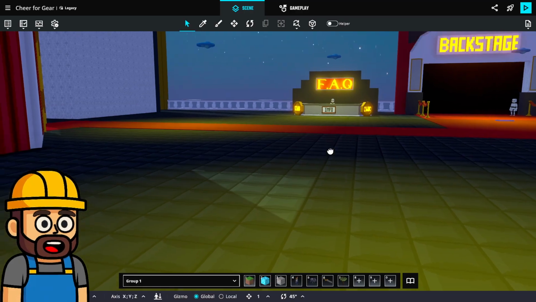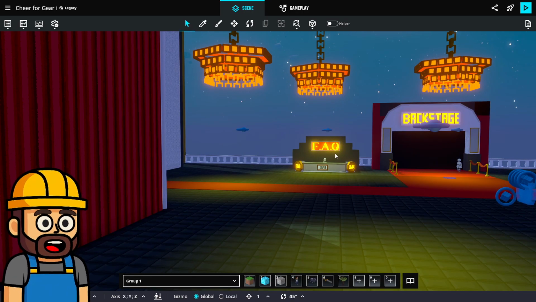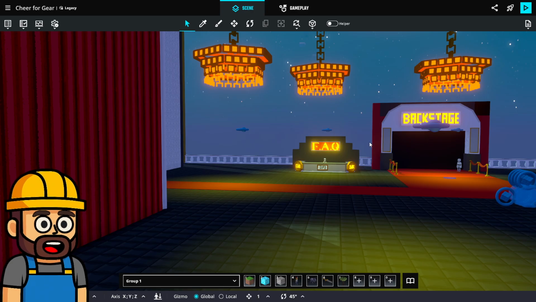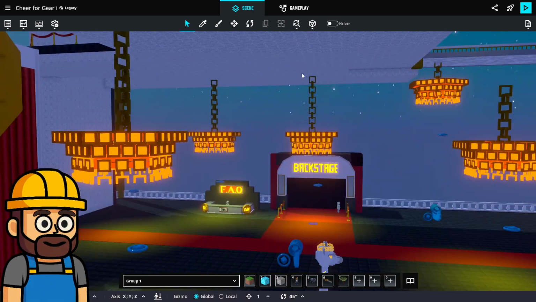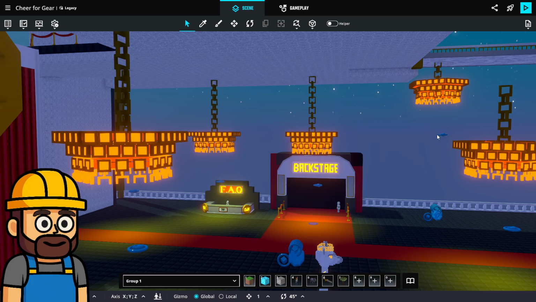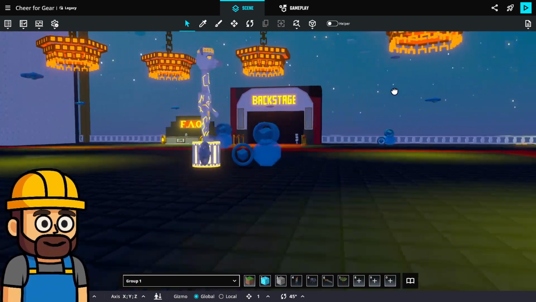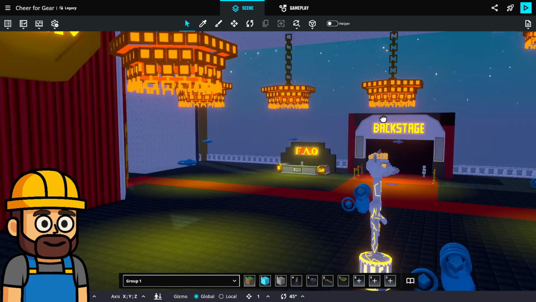What is Dress to Impress? Well, you get a theme, like Halloween, and then you spend 2 minutes dressing up, and then everybody gets to walk down the catwalk. And then everybody votes in real time, and there's a first, second, and a third. You get rewarded upon your placement, and it loops. That's the loop.